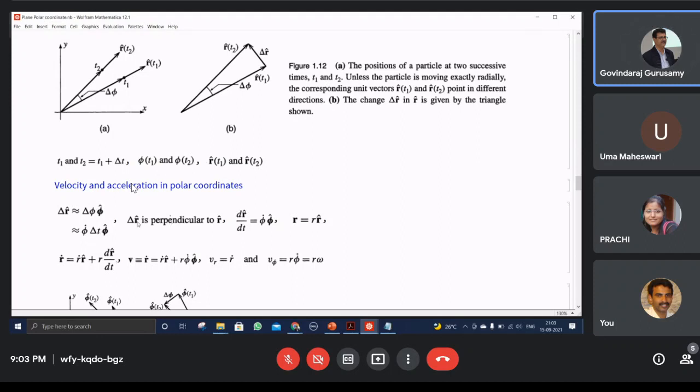That's for the relation. Del r cap is perpendicular to r cap. This is another puzzle that's happening. The unit vector change is perpendicular to this. Now dr cap by d theta is getting converted into the form of phi dot phi cap. Okay, so now we can find that r equal to r r cap, with this dr by dt, if you substitute, r dot derivative can be taken as r dot r cap plus,